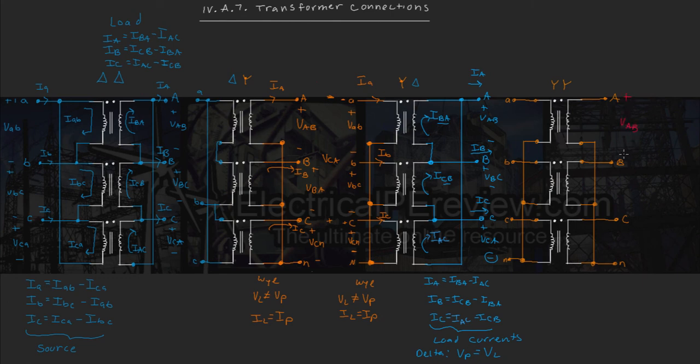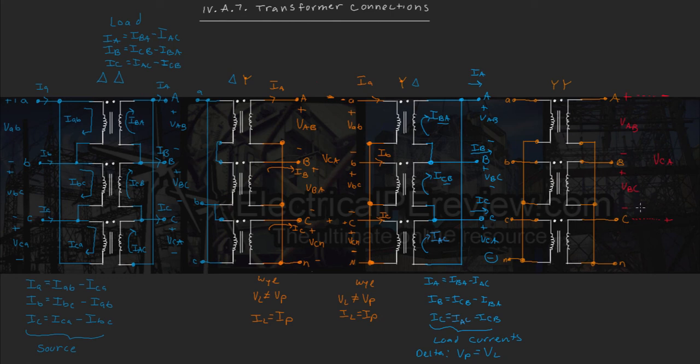VAB minus is our load line-to-line voltage between A and B, plus VBC minus our line-to-line load voltage for B to C. And then here, I'm going to draw a dashed line. We're going to have plus VCA, since we're going from node C to node A, minus, so we've got plus VCA minus is our C line voltage,